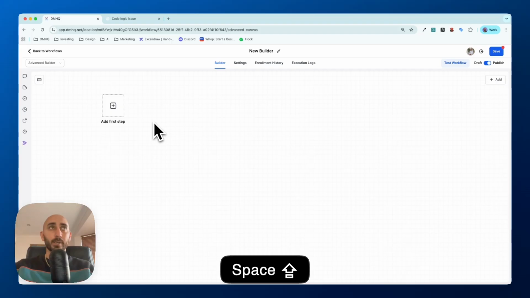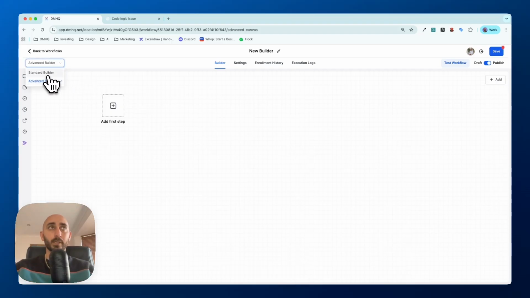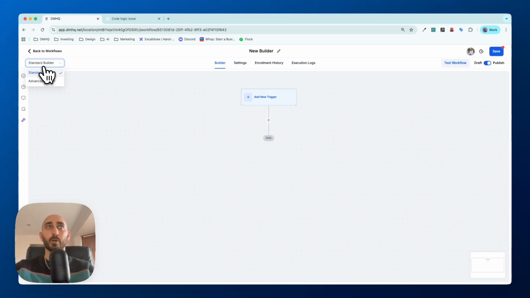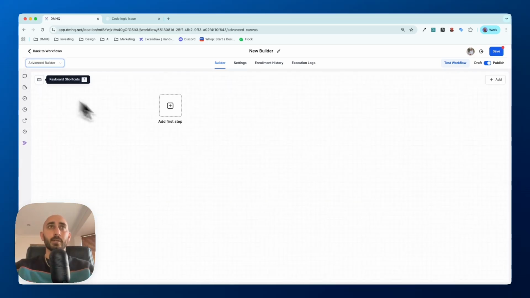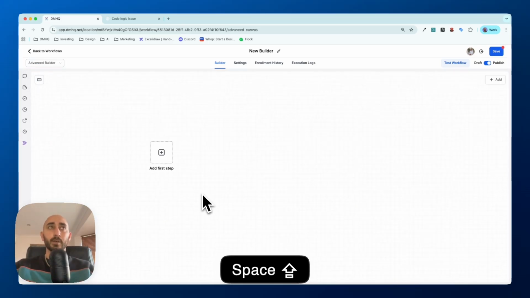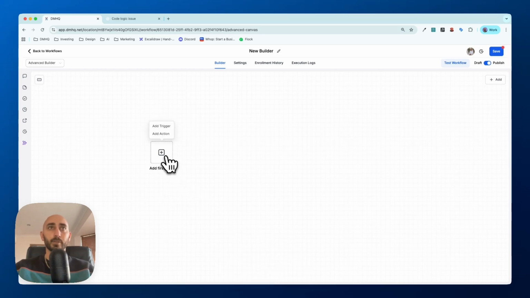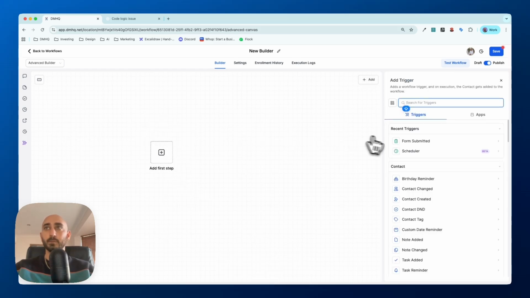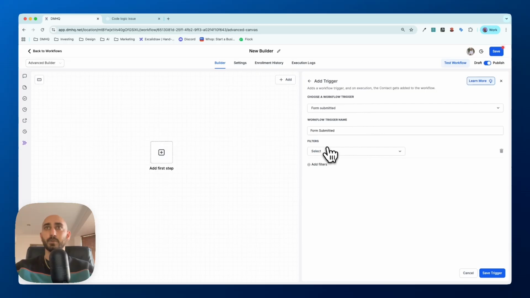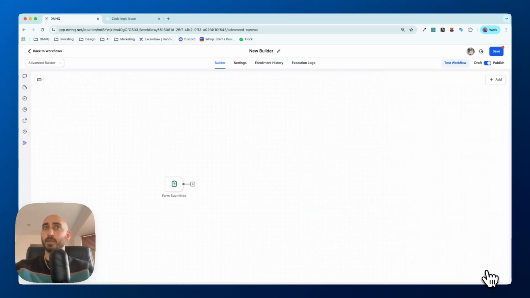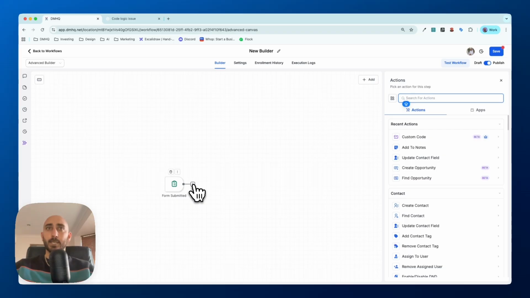You can see here I'm in a new workflow. To get to the advanced builder, you go from standard, which is your top-down view, and then now this is your left to right view. And very similar to N8N, you've got your add trigger button here. We're just going to start this one off with form submission, and I can choose any form, it doesn't really matter. But to achieve a random ID or some sort of ID number, what we would use